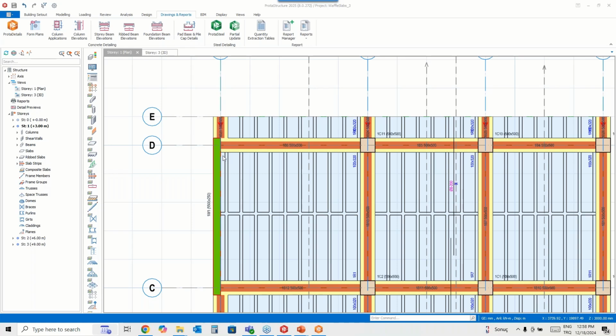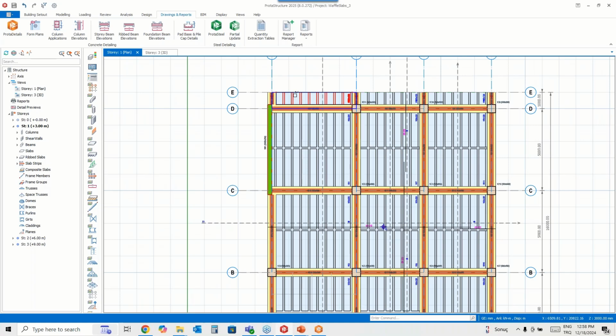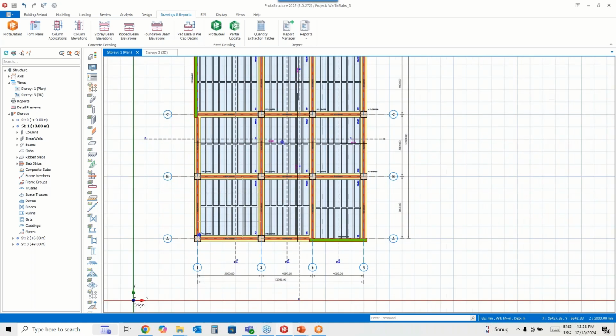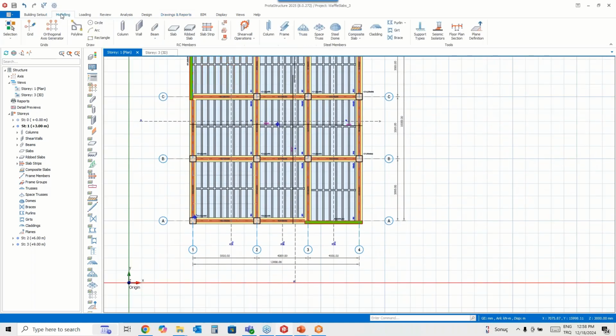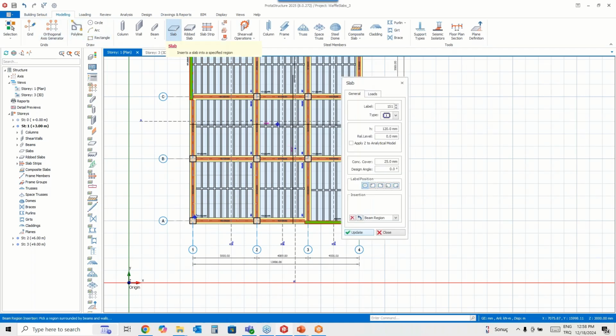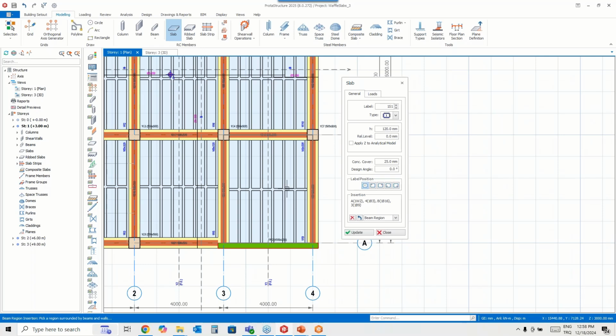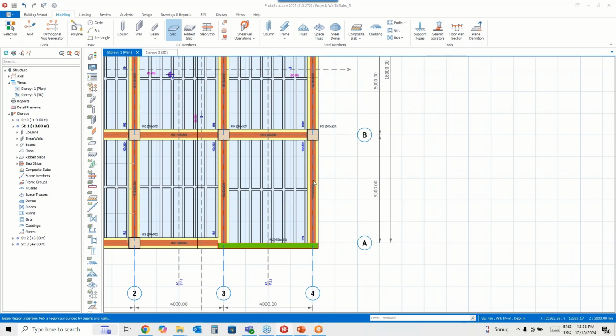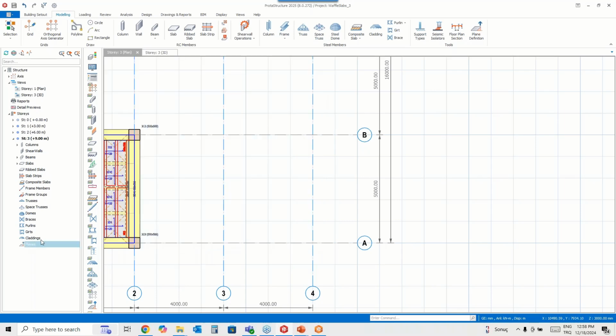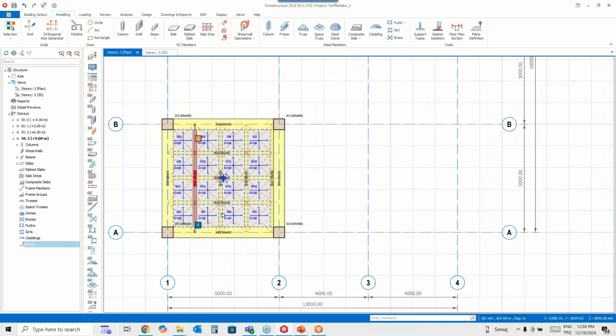Yes, you can. I think you want to do something like this. If you'd like to create this inside the beam region, you can transform them to real beam elements.